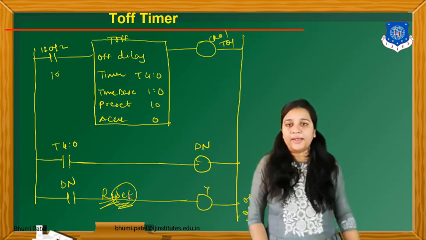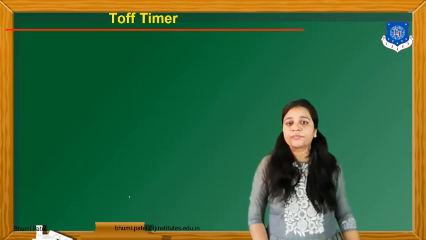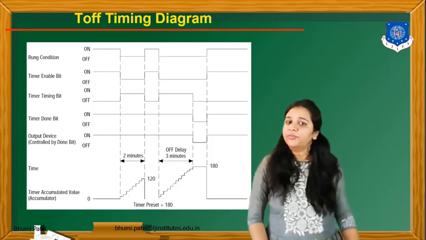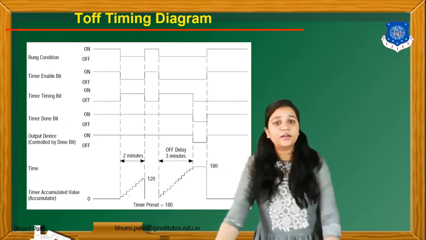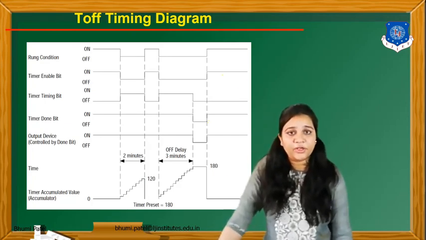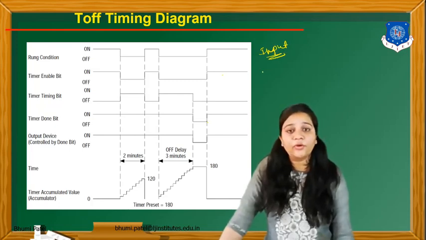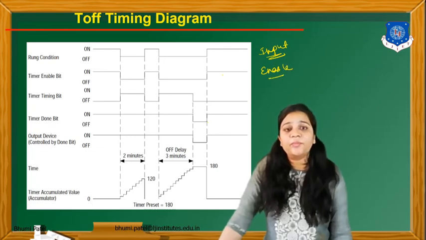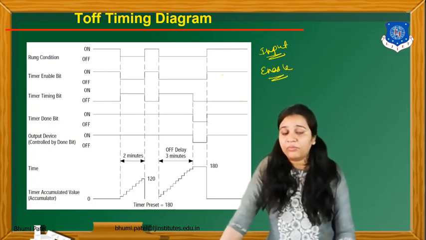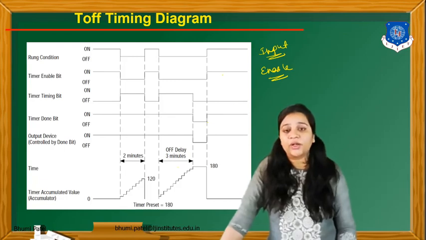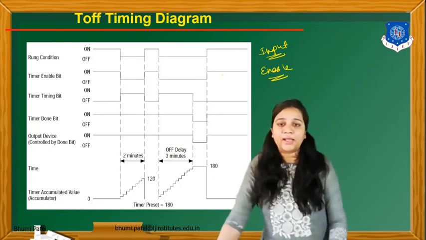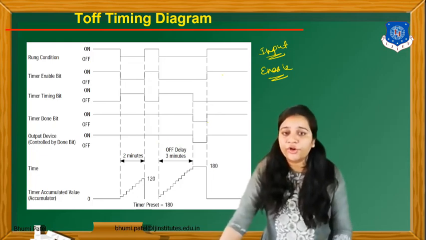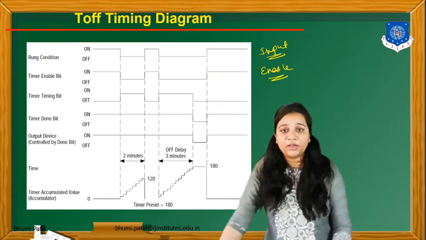Okay, now the next is the timing diagram of the T off timer. As you know, first of all the ground condition. What is the ground condition? Whatever input is applied for this particular signal. So the first condition is that the input will be high, input will be on. At the same time, if the enable bit is high, the timer timing bit will be timing for this particular second. Here two timers are connected, for the 2 minute and the 3 minute, and the 3 minute one is used for the off delay timer. So whenever the